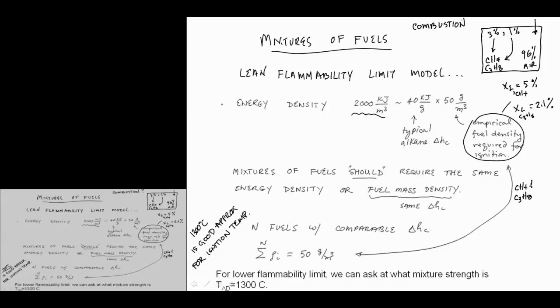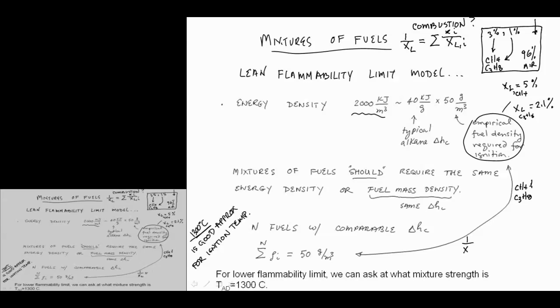But a simpler way, which comes from the energy balance, says that the mixture lower flammability limit is equal to the sum of the individual component mole fraction divided by the individual component lower flammability limit. And so for this problem, we would have 1 over x sub L